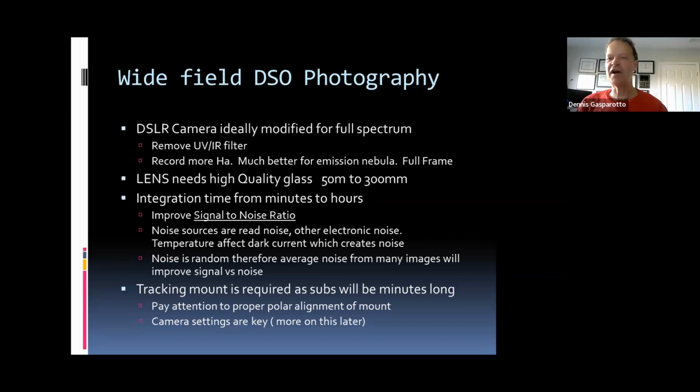Now your integration time is going to go from minutes up to several hours potentially, depending on what you're photographing. So each photograph will probably be in the minute, maximum 2-minute range. Again, depends on the quality of your tracking device, but you're going to take many integrations. So you're going to take many frames, and then you'll be stacking them later on to improve the signal to